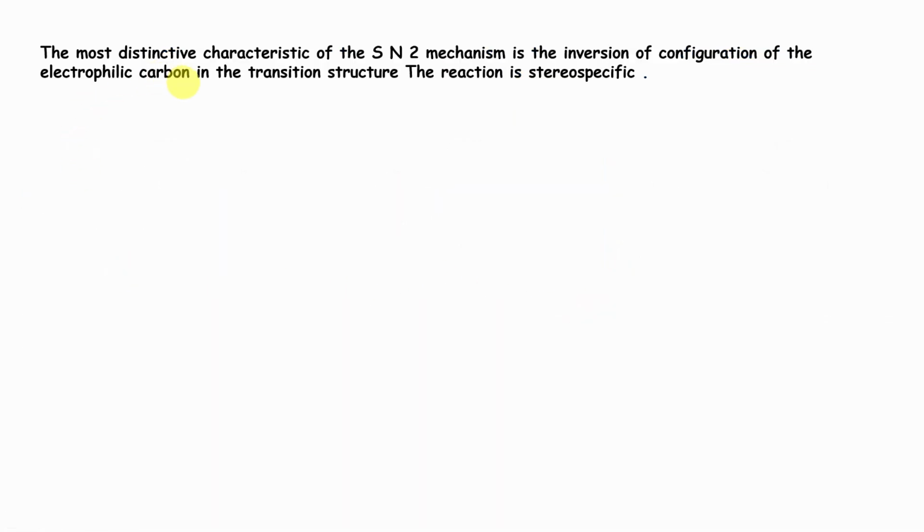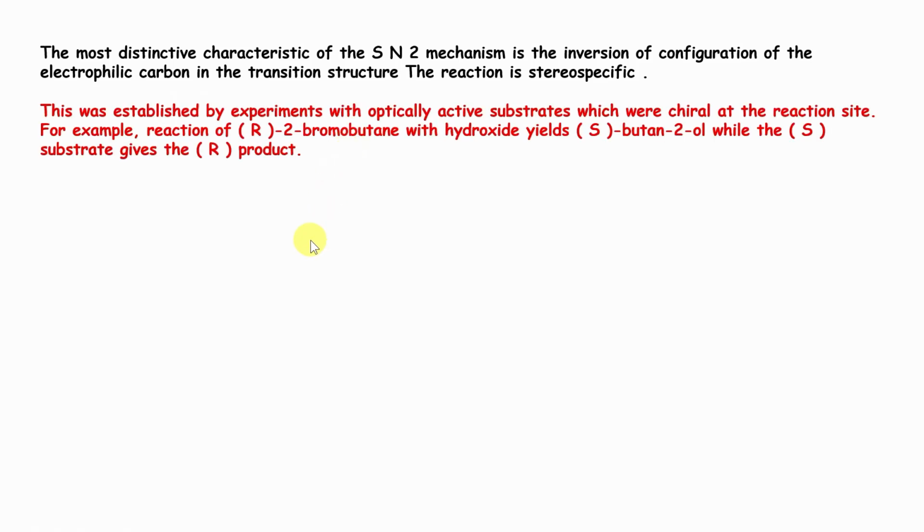So the most distinctive characteristic of an SN2 reaction is the inversion of configuration of the electrophilic carbon in the transition structure. That means SN2 reactions are stereospecific in nature. And this stereospecificity was established by experiments with optically active substrates which are chiral at the reaction site. For example, the reaction of